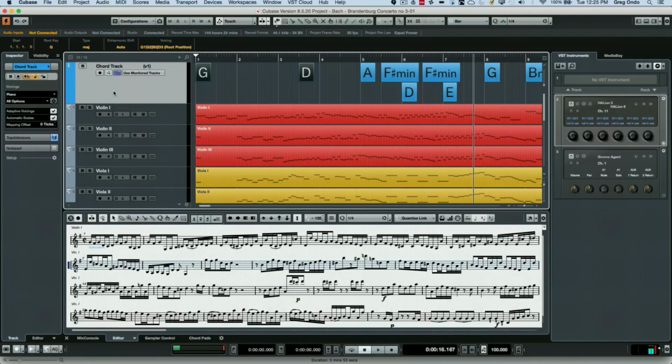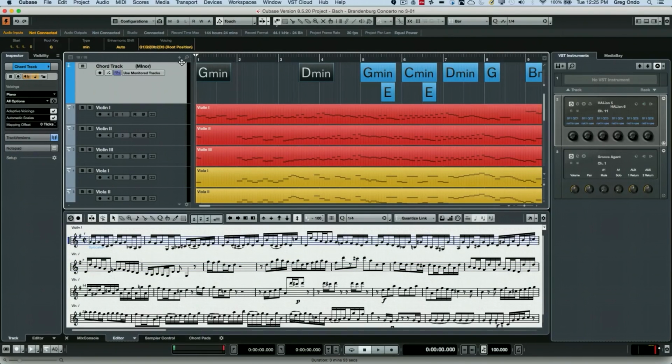Now, if I really wanted to, what I could do is actually have multiple alternative variations of the chord track in the form of a track version. So here, if I wanted to see this just as minor and have these switch to minor without the modulation,